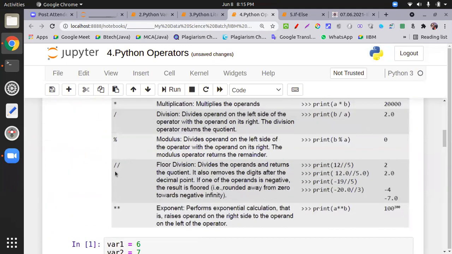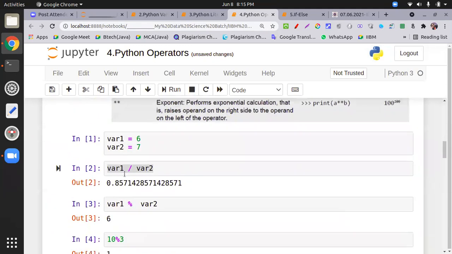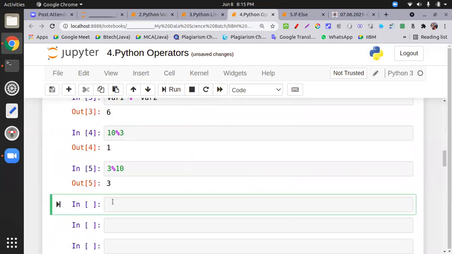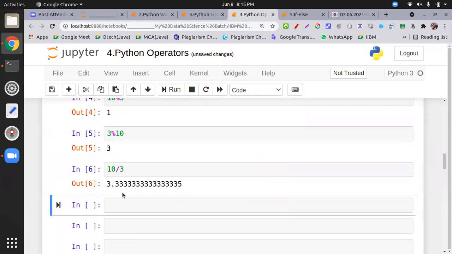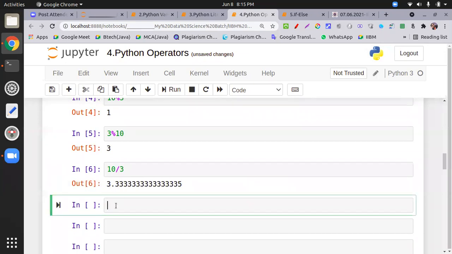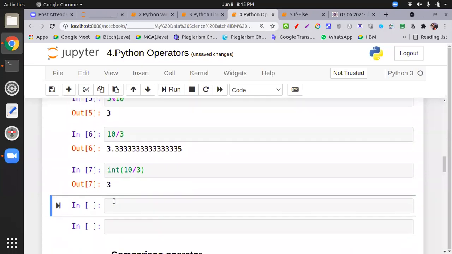Second thing is floor division. This is very important, because we don't have any kind of data type. So if we have 10 divided by 3, you get a fractional value with an integer value. Two things are possible if you want to capture the integer part: either use the int function and put 10 upon 3, so that gives 3, or you just take 10 double slash 3, meaning floor division.